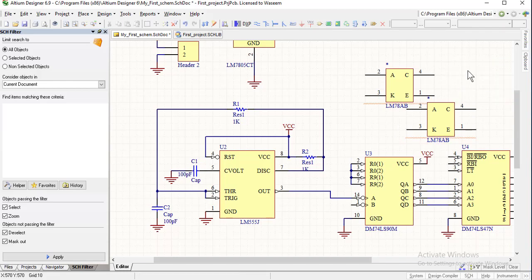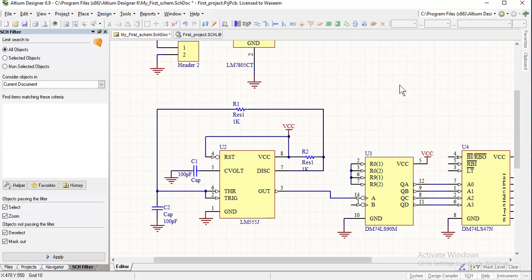In this schematic, as we don't need this component, we just delete it. But the point that I want to make clear is how we can develop a new component in Altium Designer, and how we can use it in our schematic. So I think that point is clear now.